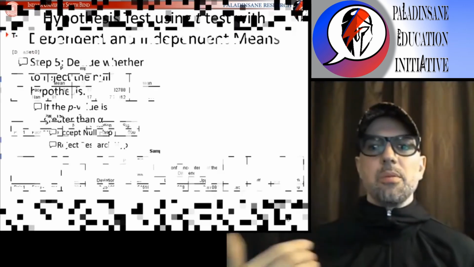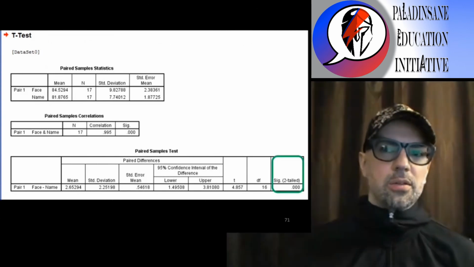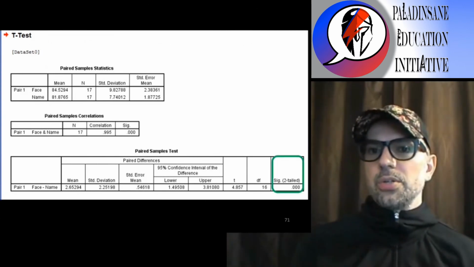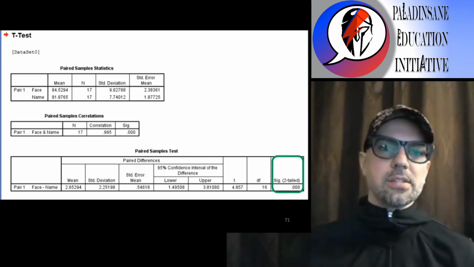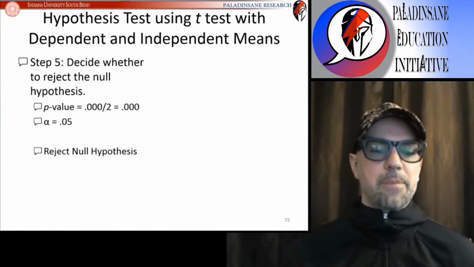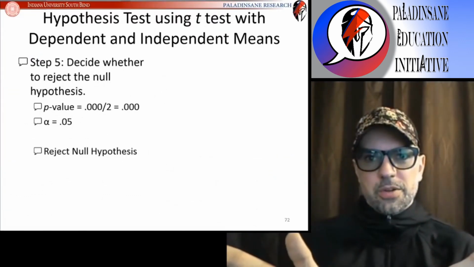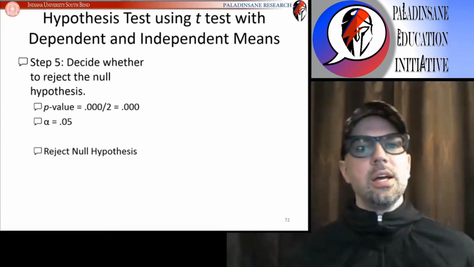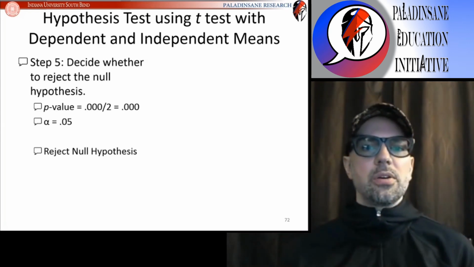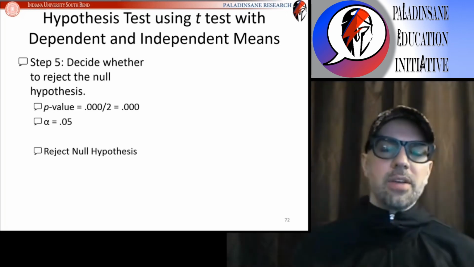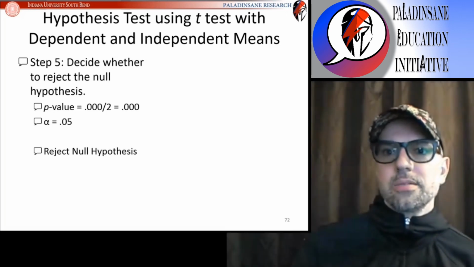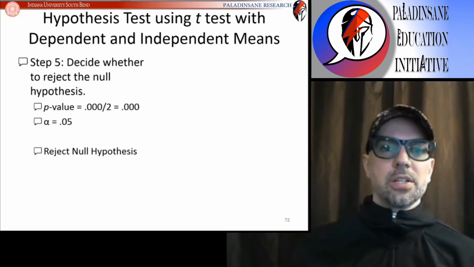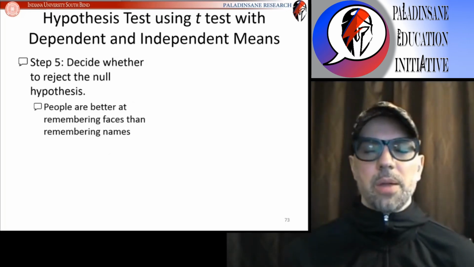So once again, the p-value, that significance two-tailed, is two-tailed. We're doing a one-tailed test. So as you see, we have to divide that by 2 because it's the probability for two tails, and we have to get rid of one of those tails because we are only interested in that one tail. So 0.000 is less than 0.05. So in that case, we reject the null hypothesis, and we conclude that people are better at remembering faces than